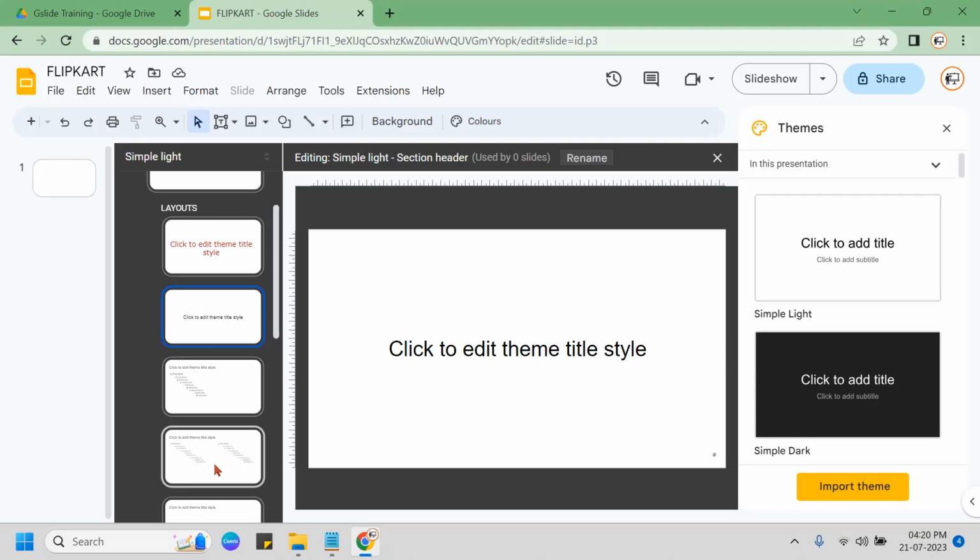So just to avoid such a situation, it is always better, even if you do not need those layouts, well and good, retain them. Don't delete any of the layouts from the backend. All right. Now, suppose say